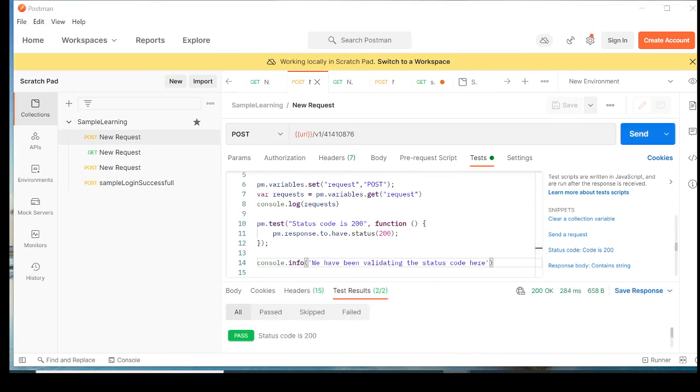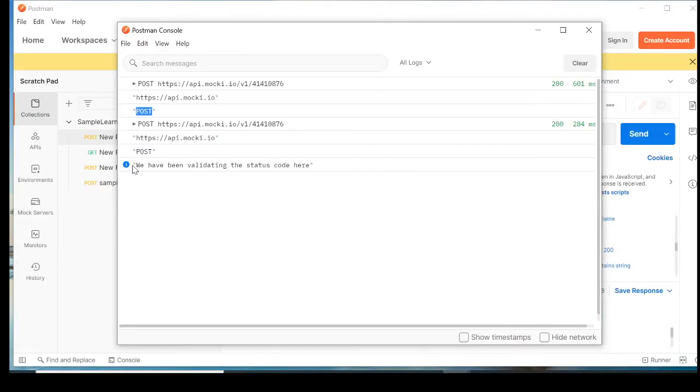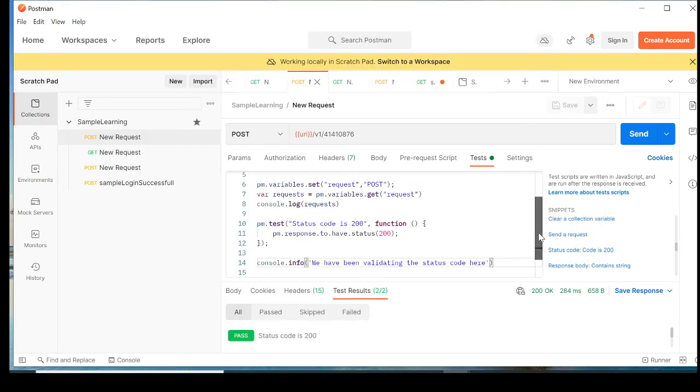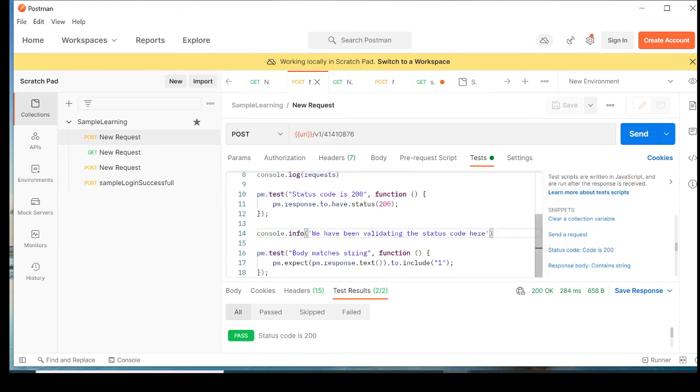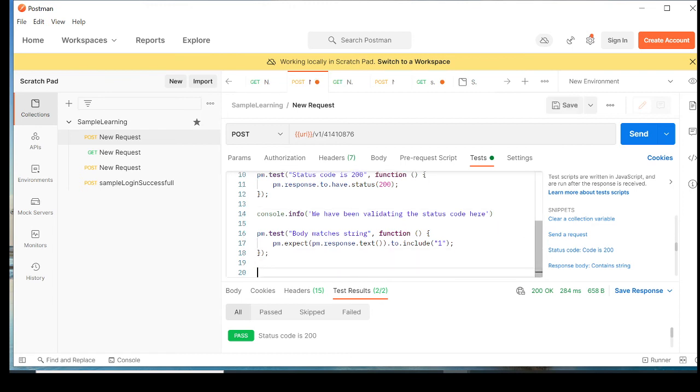When you execute it, you will see the third message as console.info. There are also console.warn and multiple others, and which one you use is based on what you expect from your test script. For example, you can pass console.warn: if the response body doesn't match, show me a warning. This is how you can do it.